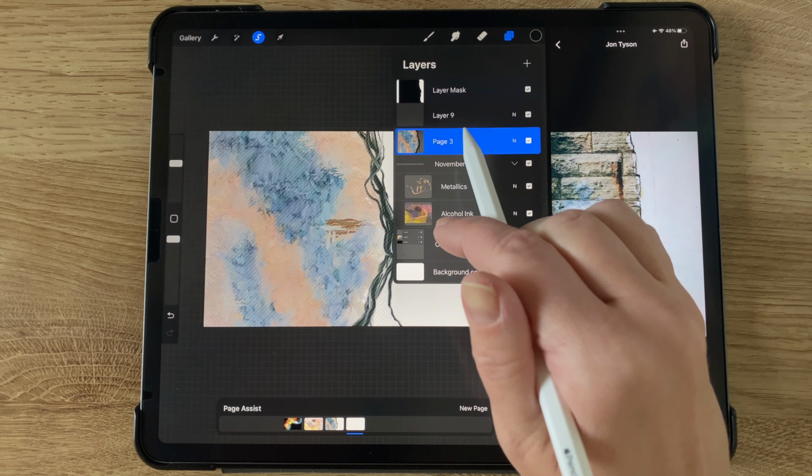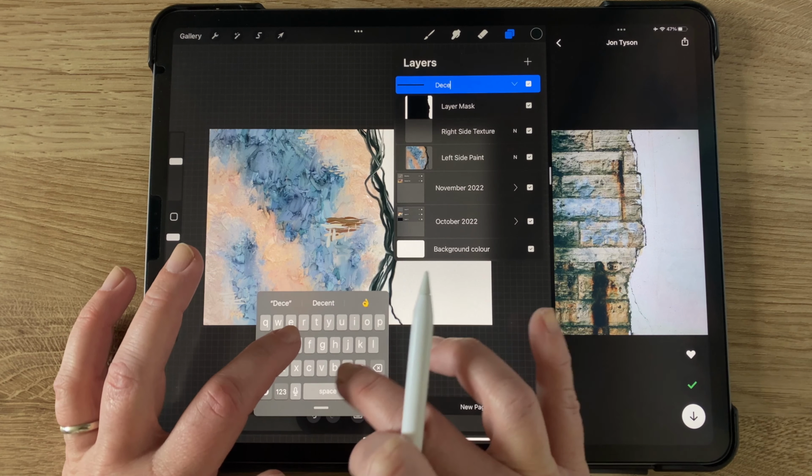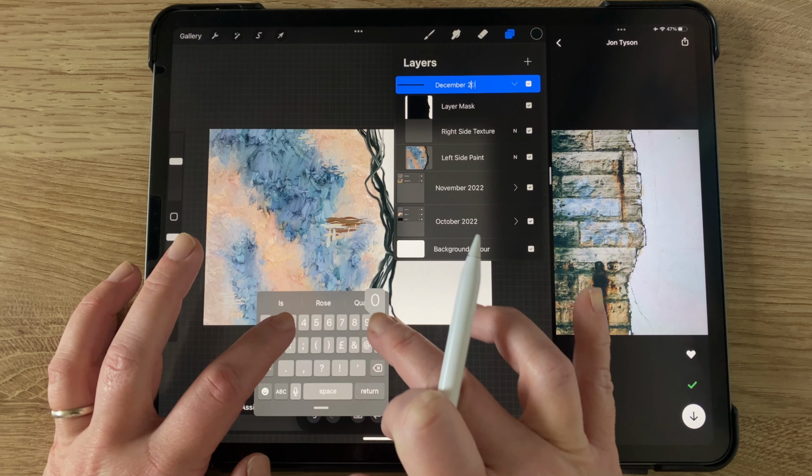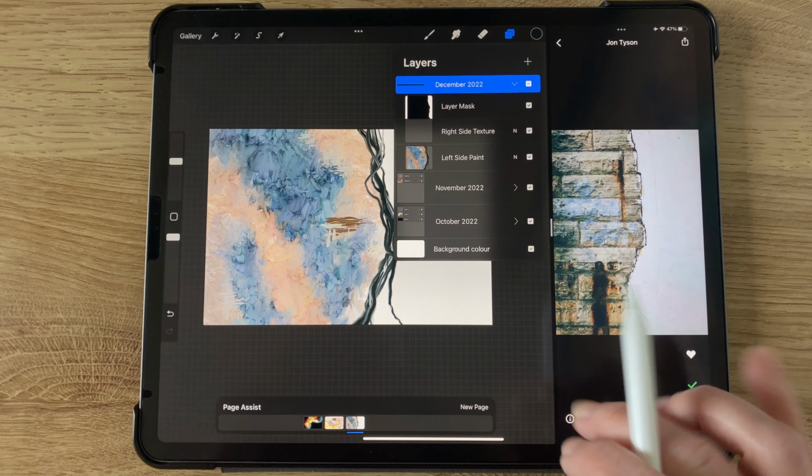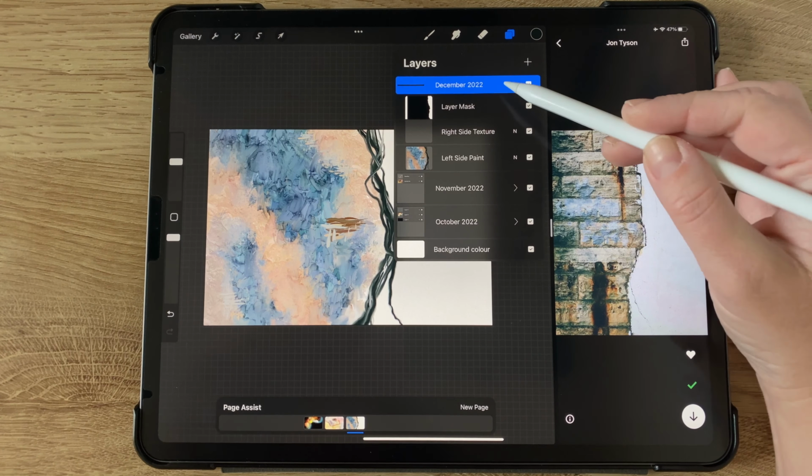So now that is a group, and it shows up as one page in our page assist. So I'm renaming that whole group as December 2022. And so now that kind of shows up like we're building a little notebook here. So you can see the different pages by tapping on them, and they're all groups of layers. So I kind of wanted to keep building this as a notebook.